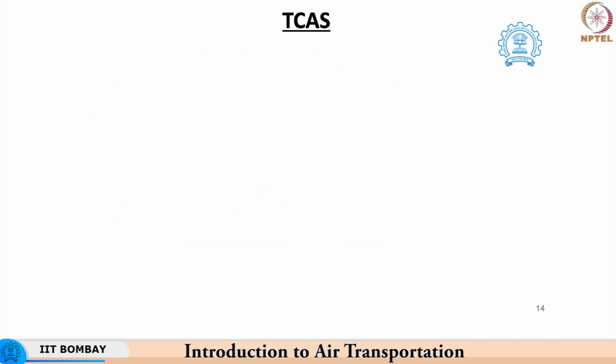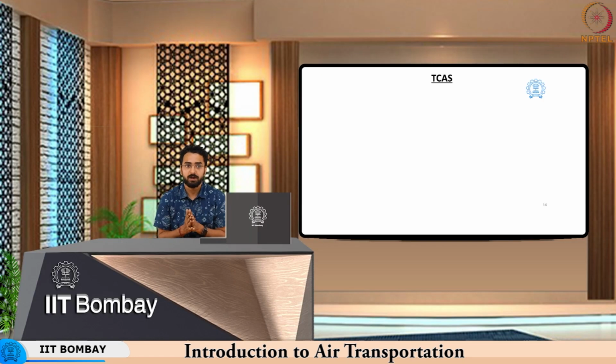So, till now we tried to understand the surveillance techniques that are used to carry out air traffic management with respect to the ATC controller. Another way of carrying out air traffic management is through usage of onboard avionics that can help the aircraft to take decisions based on the availability of information related to nearby aircraft. These types of techniques are very helpful for the pilots to carry out surveillance of aircraft nearby.